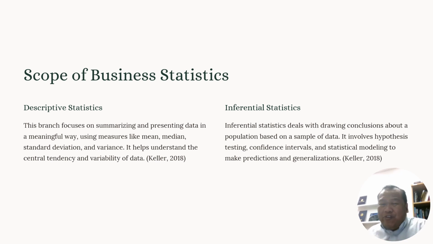So you want to advertise your product in the prime show that a lot of people are watching. So you're going to conduct a survey. Now, descriptive statistics is what a survey is all about. You want to know the mean, the median, the standard deviation, and the variance. I will explain that later in detail.